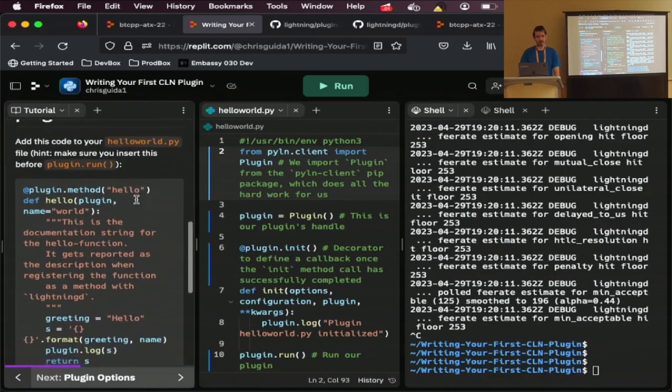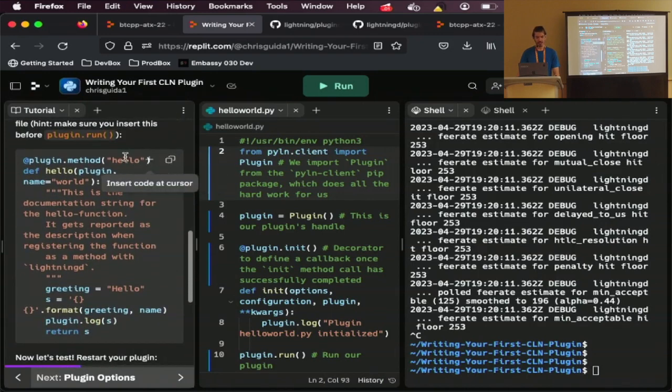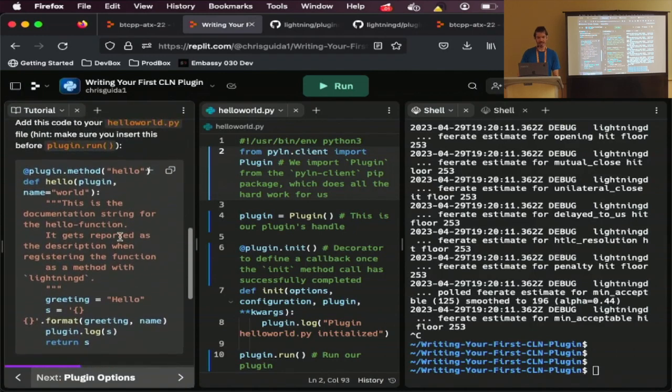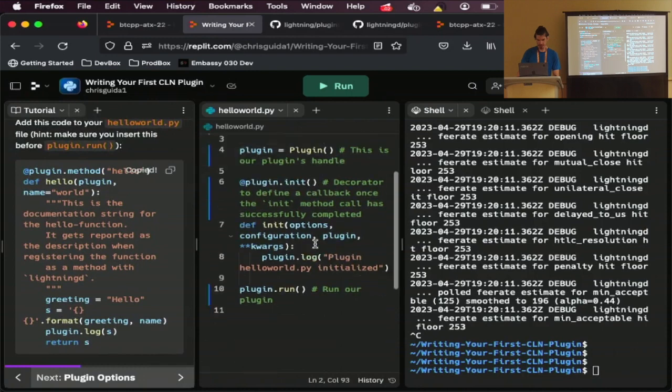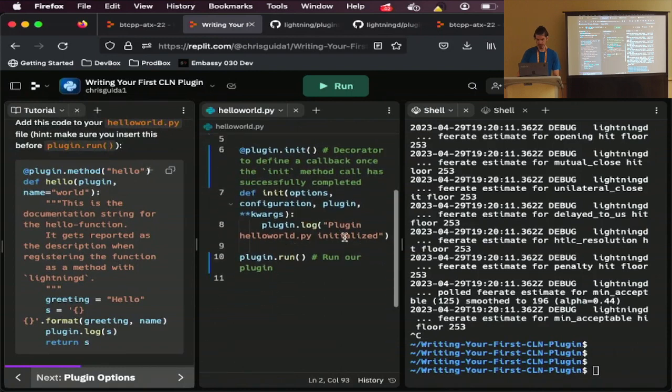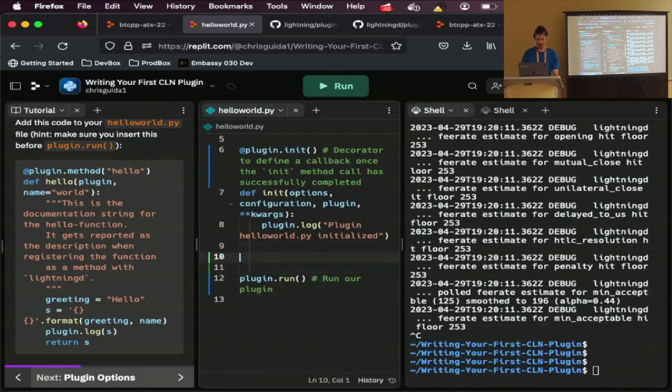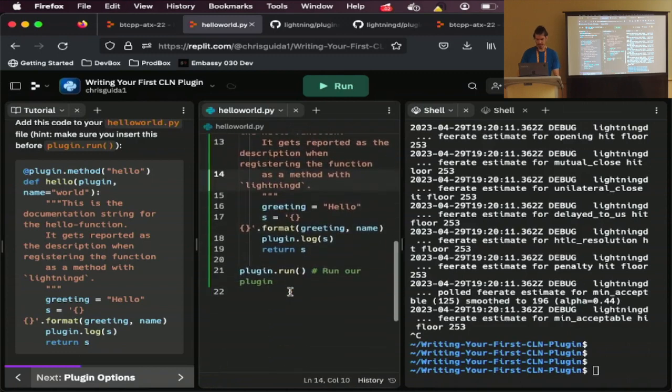Okay, so now we're going to add an RPC method. All right, is everybody good in the back? Everybody following along? Okay, cool. We're going to add an RPC method to our plugin, a method called hello. This is how you do it using the Python framework. Just put this anywhere before this plugin.run statement. So just paste it in there. And then